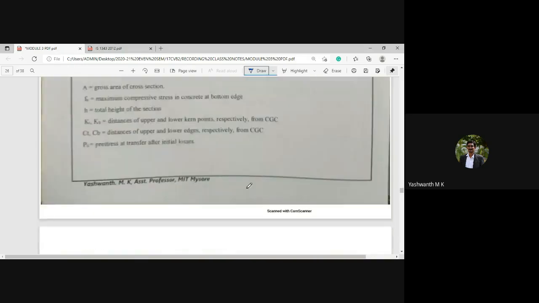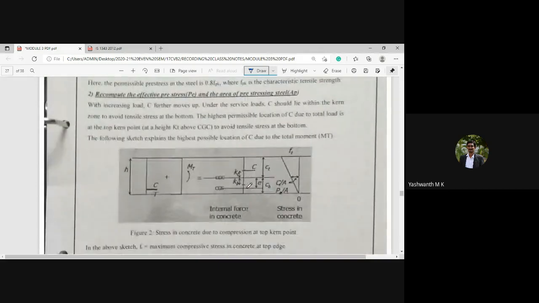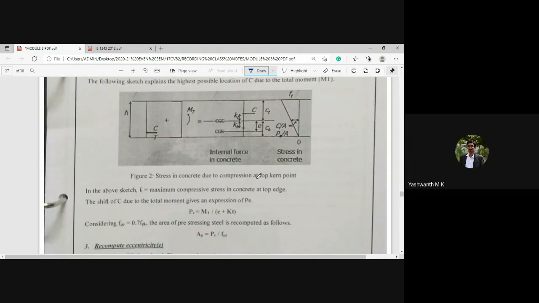Next, the same thing, recompute everything and check it once again, subjected to total moment. Check the conditions and the shift of the compressor. The same holds good just like your pressure line.